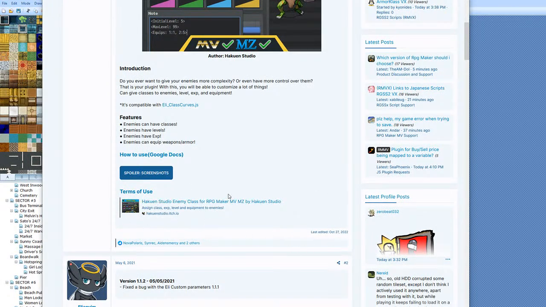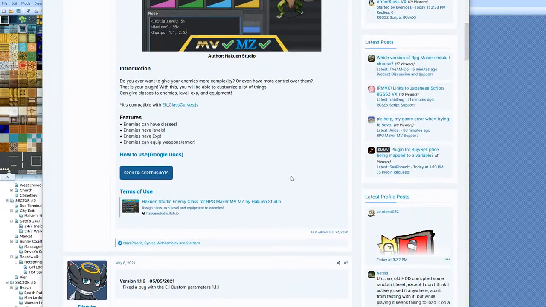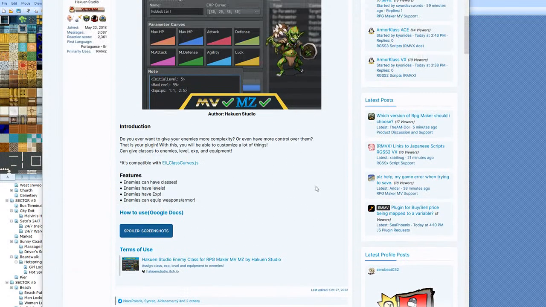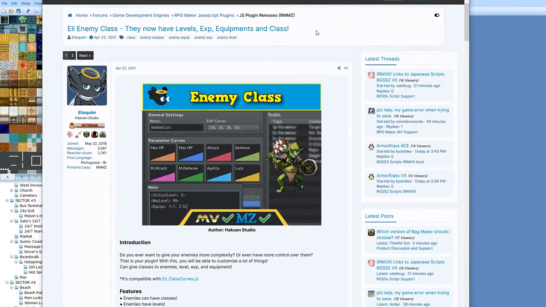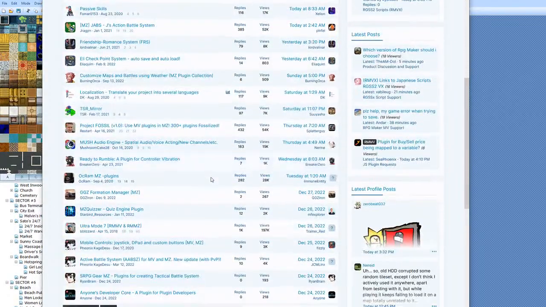A lot of stuff that you find on the internet, such as images and music, you need to check the terms of use. Most of the times someone is going to ask you to credit them in your game. Like, if you use this script, please credit me in your game. So that's why you have a long list of credits in most RPG Maker games. You just come to forums like this, and if you look long and hard, you're probably going to find most of the stuff that you need to edit your game